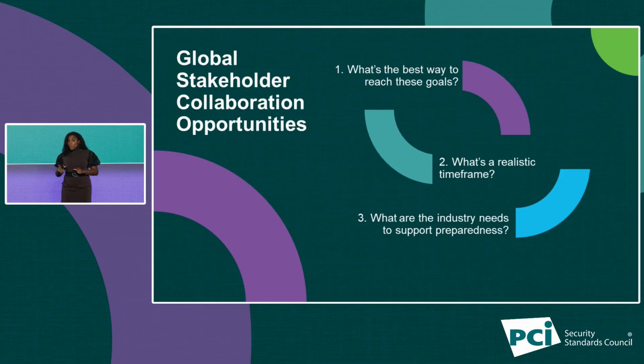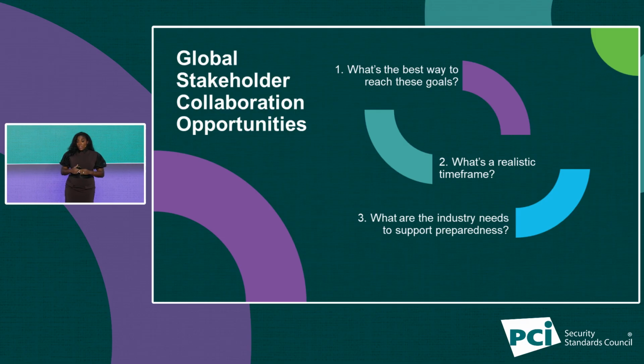And to achieve these goals, the Council recognized we certainly cannot do that alone. We've begun the process of engaging a variety of stakeholders in the payments industry on a variety of questions. They include questions like this: what's the best way to get there? So we've got the goals, and the stakeholders will help us understand what's the best way to get to this. We are going to continue to have conversations with many of our stakeholders like yourselves to help us understand the different paths that we can take to achieve this.